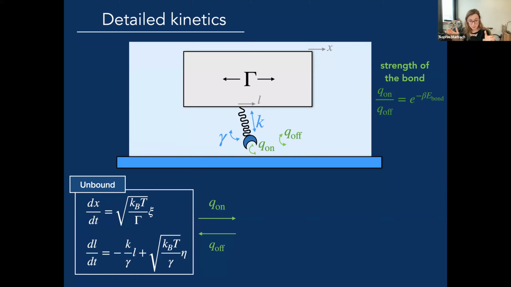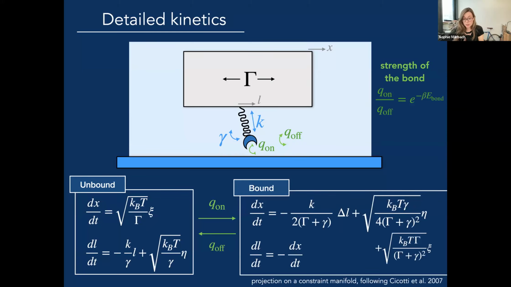Once my bond is made, when I try to move the particle, I also have to move the leg. There's a kinetic constraint in moving one and then moving the other. That means that when I write the equations that rule my motion in the bound state, I have to be really careful, and I cannot just write anything. I have to project my equations, which is a step that is sometimes overlooked. Once I take into account this constraint, that my leg needs to move like the particle, which is this condition at the very bottom, dl over dt equals minus dx over dt,